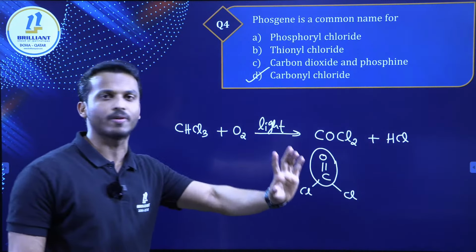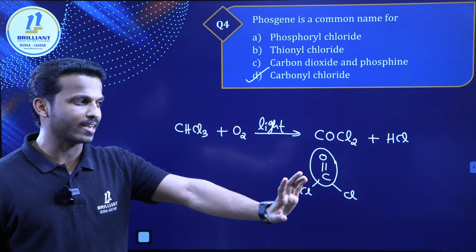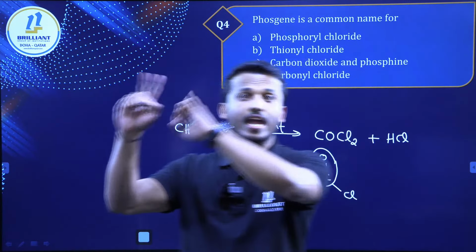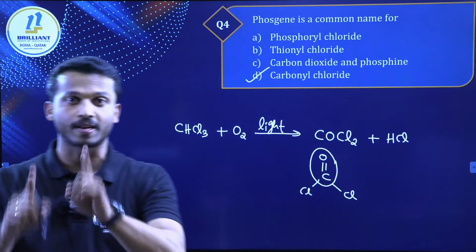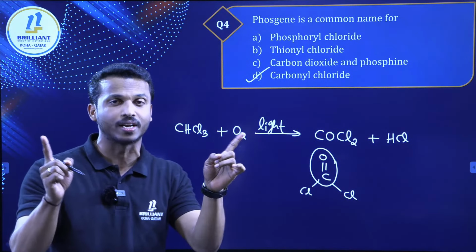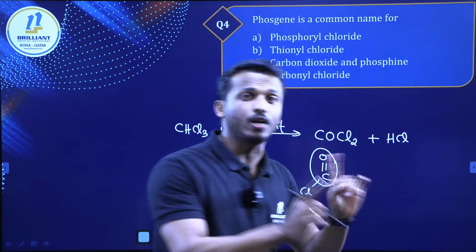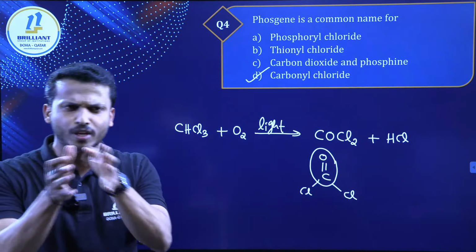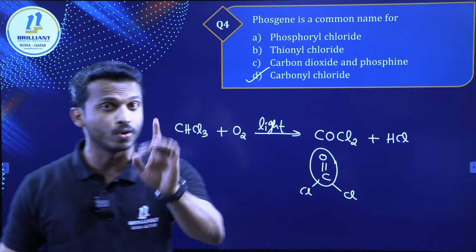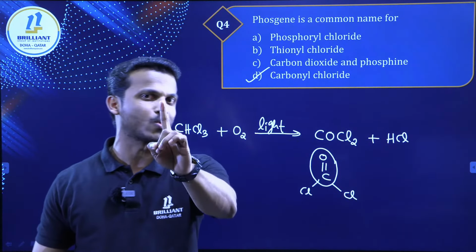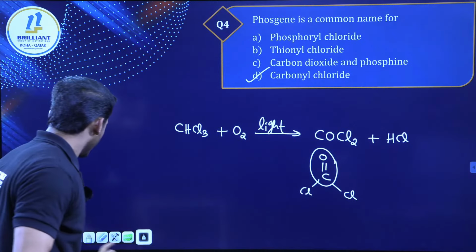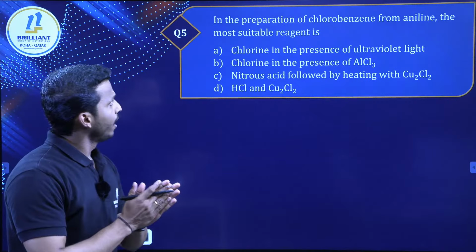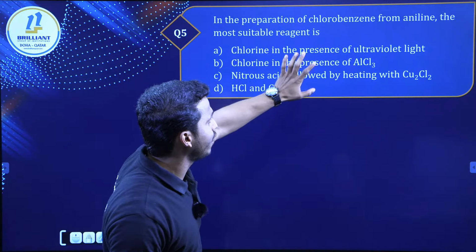All have given the correct answer. So keep concentrating. Whenever you get a question, try to understand which area, which part, which concept. Try to understand the reaction. Now in this PPT you can see the most probable questions, and almost all areas we can cover. Some of the questions you can directly answer because haloalkane is an easy chapter, easy to score marks. Don't lose marks. So dear all, I am going for question number 5. Start, all of you. In the preparation of chlorobenzene from aniline.